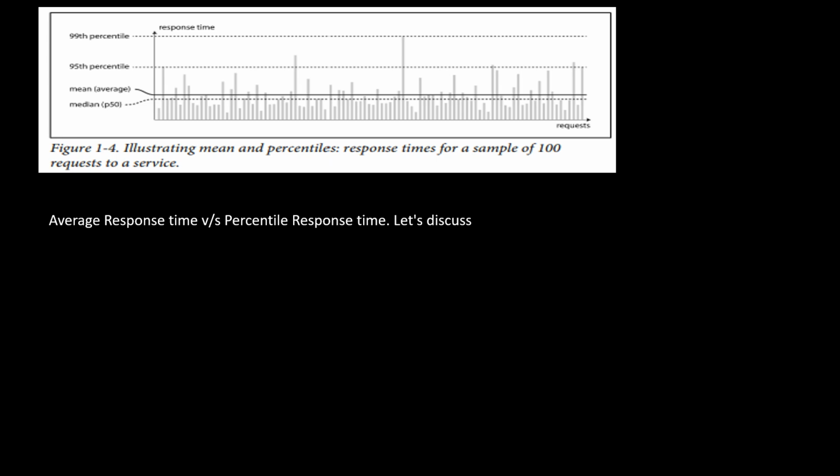Similarly, we can also have, let's say, P95. If P95 is 15 milliseconds, it means 95% of the requests got served within 15 milliseconds, and 5% of requests took more than 15 milliseconds. So now you can understand, if I have a P95 of 15 milliseconds,